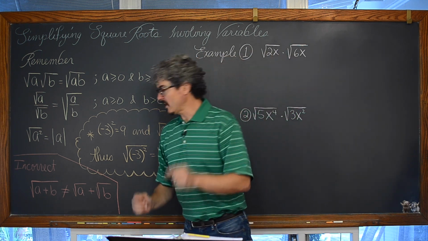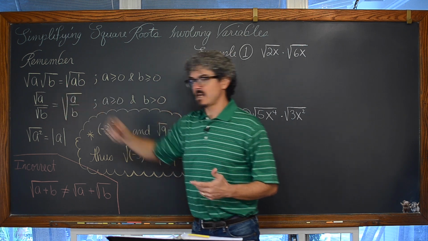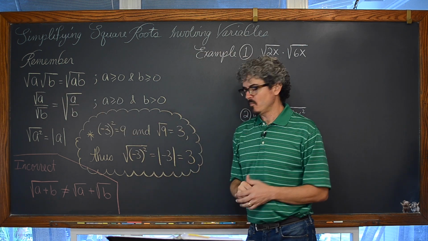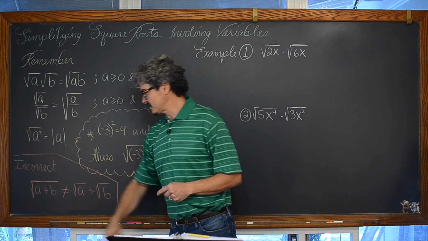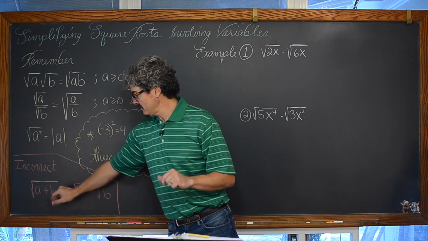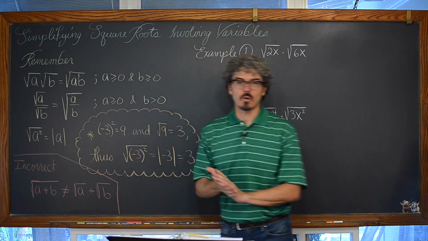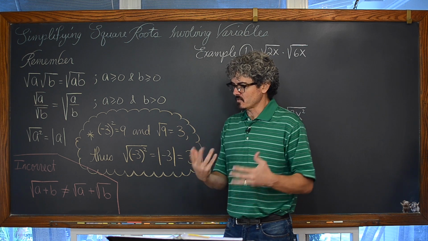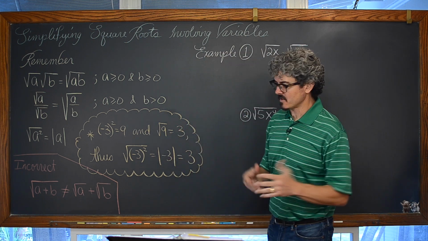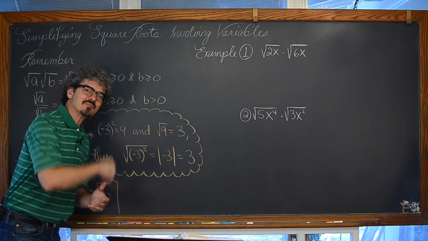Now, while we can multiply square roots and get a product very straightforwardly, and the same with division, that's not the same with addition and subtraction. So it would be incorrect to say that the square root of a plus or minus b, even though this is only plus here in my writing, is equal to the square root of a plus the square root of b. There is no property of addition and subtraction with our square roots, or any radical for that matter. All right, let's get on to our examples.